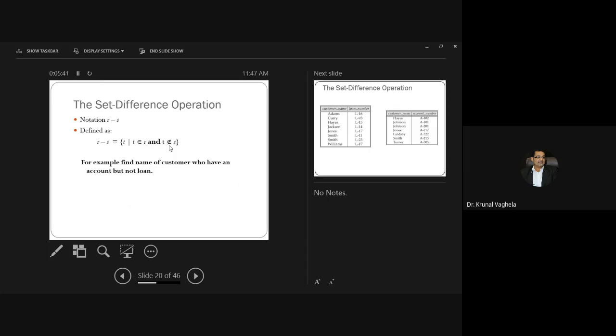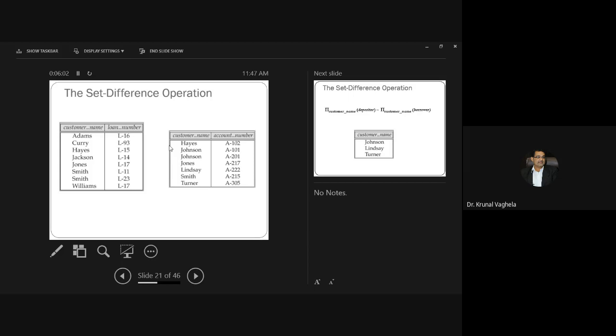Let me give you the example. For example, find the names of the customers who have an account but not a loan. The customers who have an account but not a loan. Only account, not loan. These are the tables. Tell me, customers who have an account but not a loan.